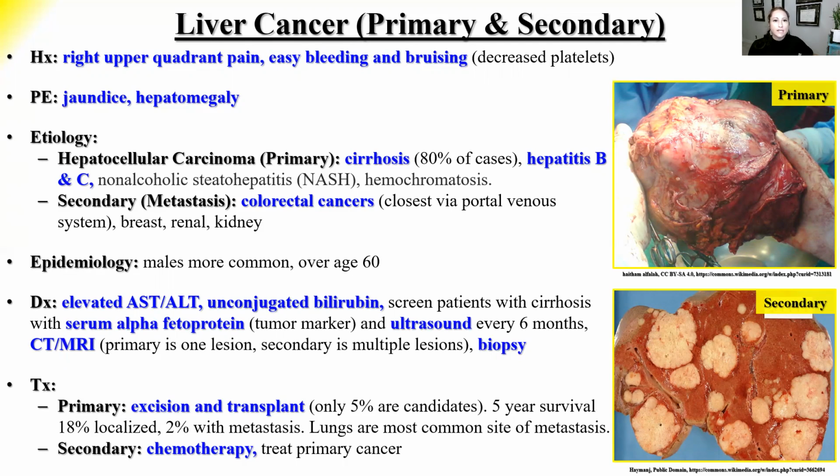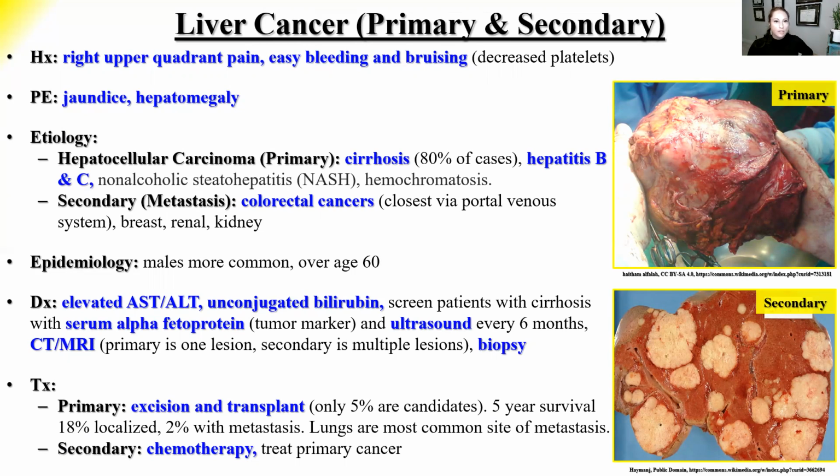We can also have secondary or metastatic liver cancer. The most common cause for this is going to be your colorectal cancers. Those are closest just by proximity to the liver with the portal venous system. So that's the first place it goes to with the colorectal cancer. But it can also come from breast, renal cancers, and kidney cancers. Males are going to be more common in this one over the age of 60